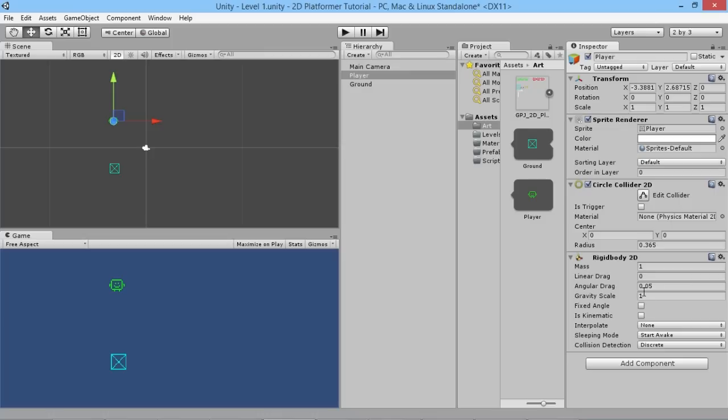As you can see here, gravity, scale, mass, and all this stuff. Again, stuff you can fiddle around with and mess with all you want. But what's important here is to hit fixed angle and make sure that has a tick on it. So that'll make him always stay standing upright. He won't fall over or roll away, which is not what we want to happen. But now if we hit the play button,